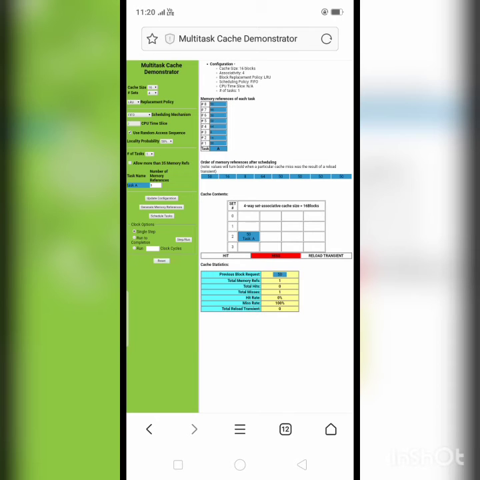Allow more than 35 memory references. This option must be set if you wish to set one or more of the task's number of memory references option to a value higher than 35. Number of memory references. These options allow you to define how many memory requests you would like each given task to make in the simulation. Clock option allows control over the number of cycles that are run upon each process.